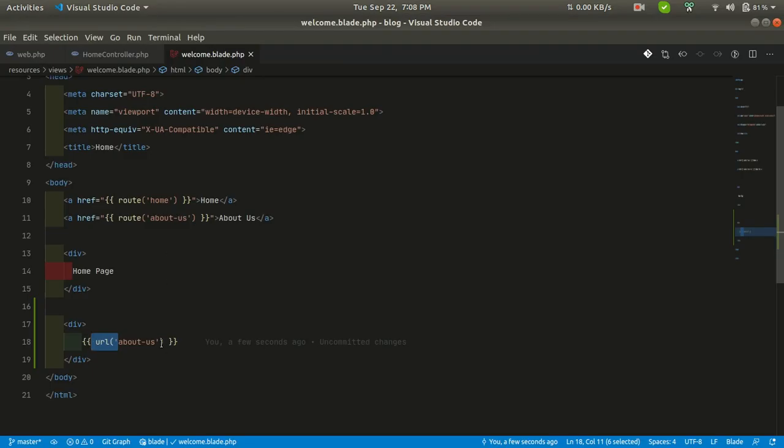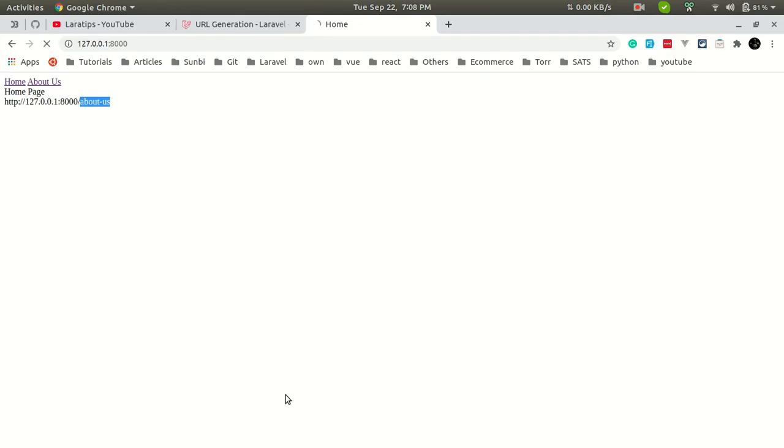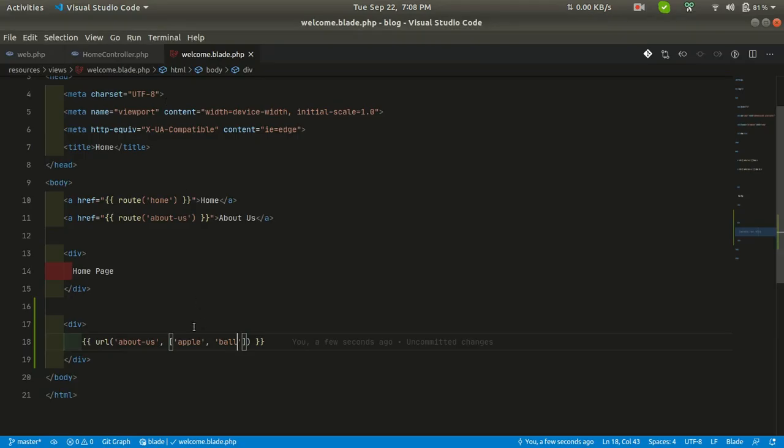Now we can also pass some URL parameters, like let's say apple, ball. Then it will append those values and separate them by slashes, so it will be printed like this.